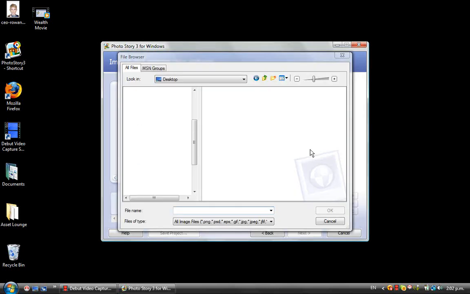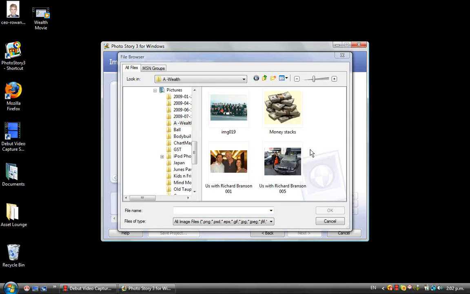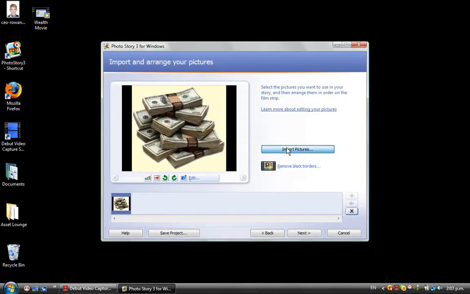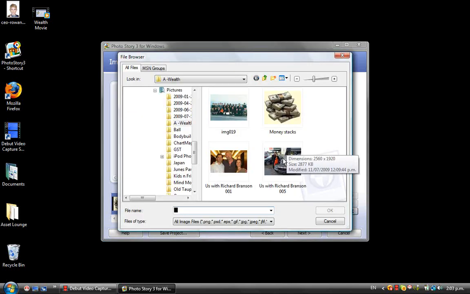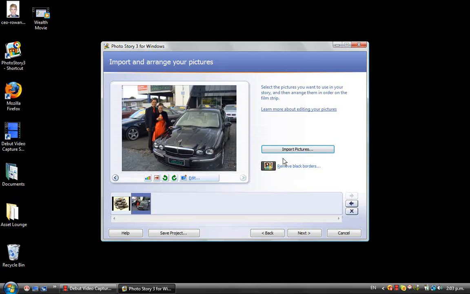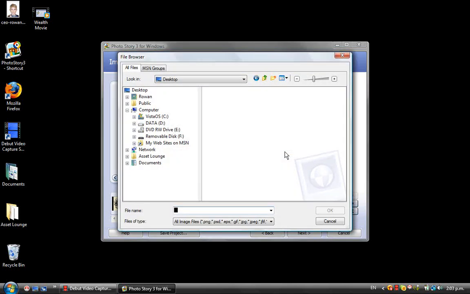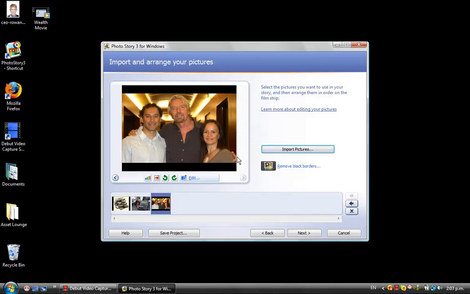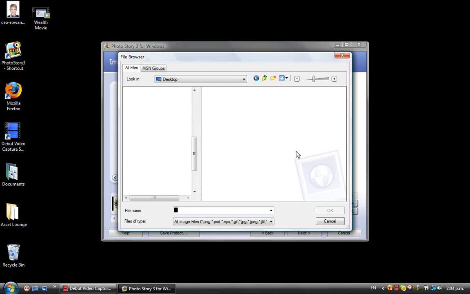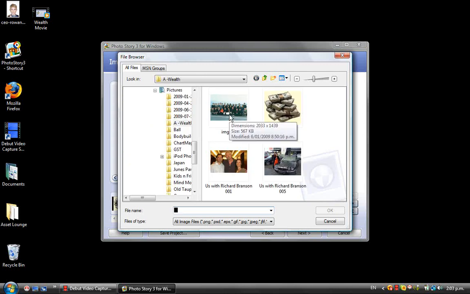Here are my 4 photographs: money, a picture of a European car that I like, a great picture of Richard Branson, which I find really motivating and inspirational, and a photograph of some people whom I taught in Japan.